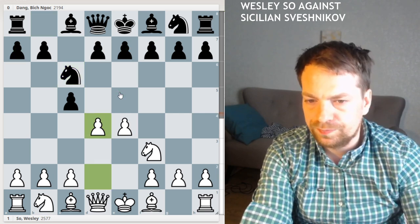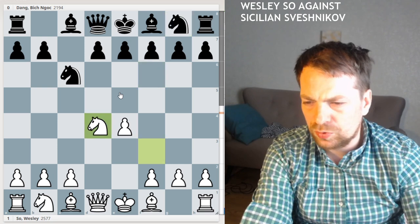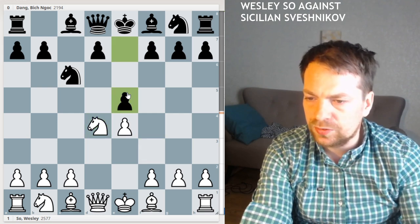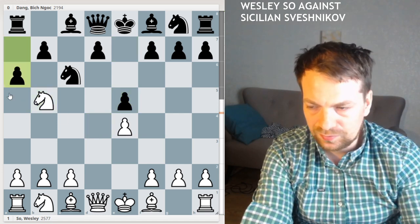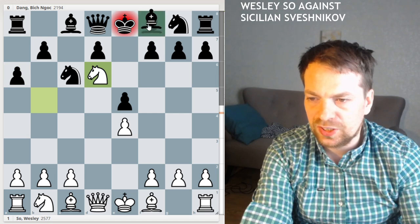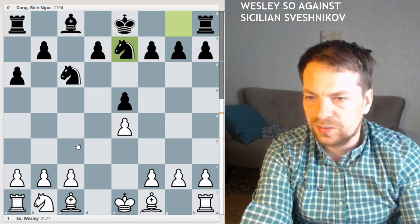So d4, c takes d4, and knight f6. So the variation I wanted to show you before, which I always fall into with the Sicilian, which I play with white. So e5, this is early Sveshnikov, knight b5, which is the best move, and a6. I didn't understand this, but all the opponents are playing it again. A lot of players do this move. So knight to d6 check, takes, and queen to e7. So if you take, then knight takes,